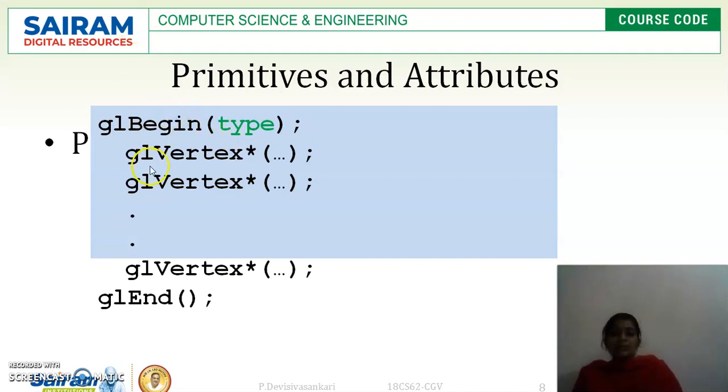And here we have to specify the number of vertices. For example, if it is a triangle, 3 different vertices we have to give: starting, mid and the end point. These 3 vertices we have to give, right? And here the asterisk is for the dimension and the data type, right? And always the primitives start by using the glBegin function, and it should end with glEnd.